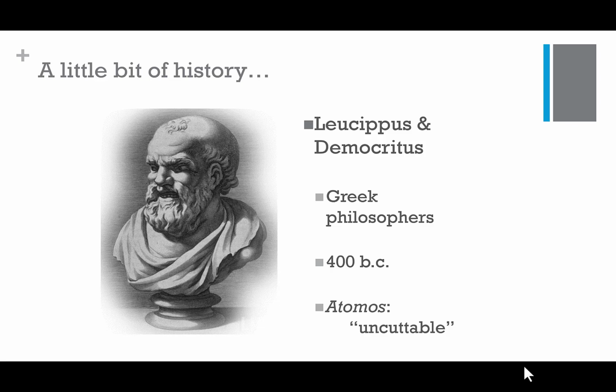Unfortunately, he was not the most popular of the philosophers. Aristotle and Plato were a bit more popular, so the ideas that they had about matter prevailed. They said that matter is a combination of earth and water and air and fire. Because of their popularity and because there was no way to test these theories, their ideas prevailed for a long time, even though Democritus was correct.